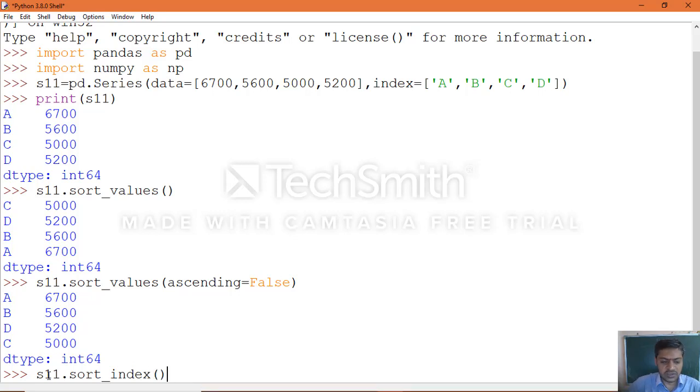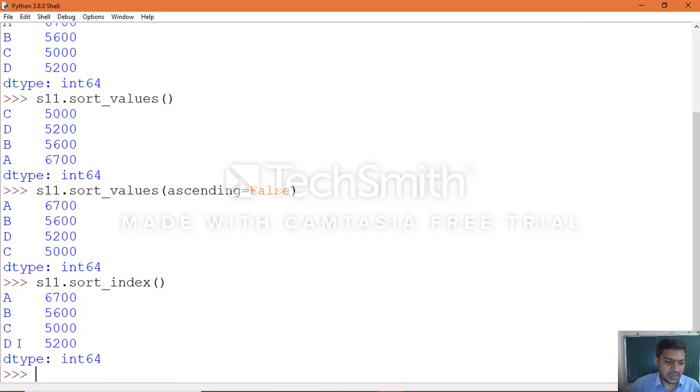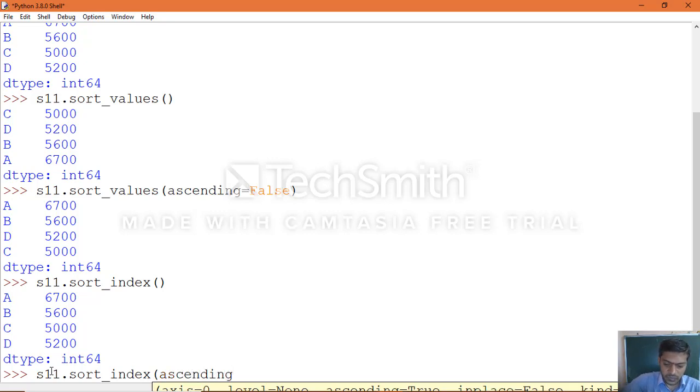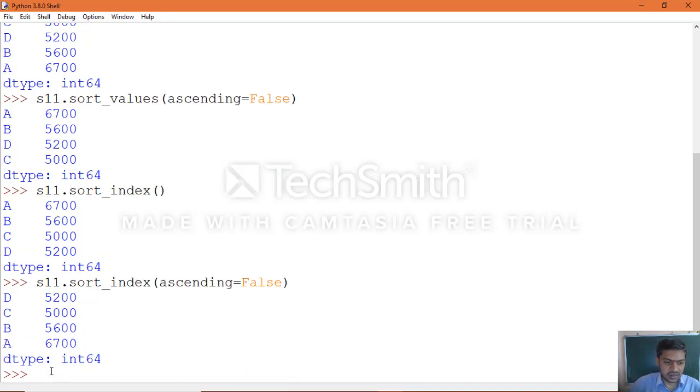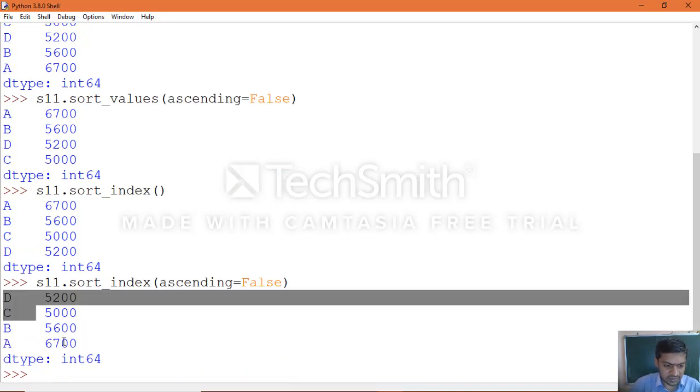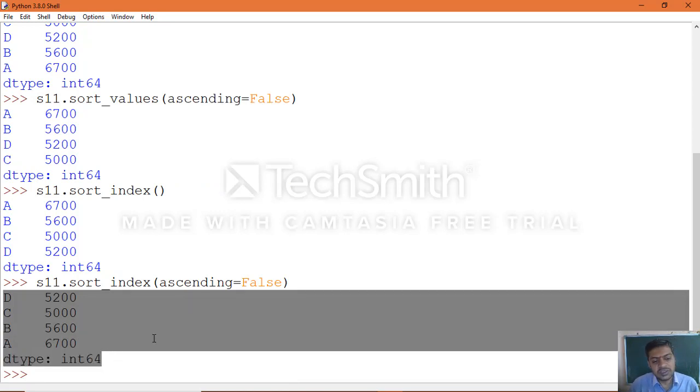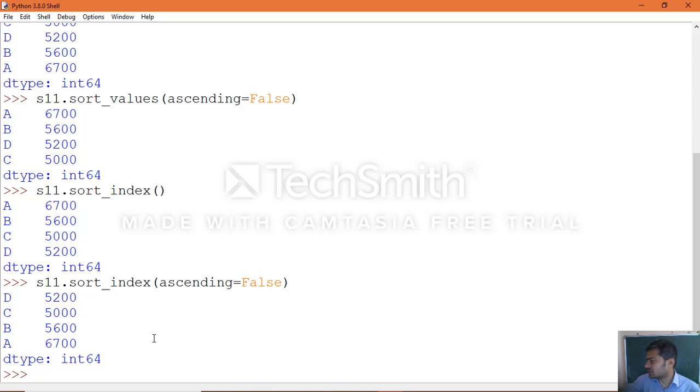By default it will sort in ascending order, which you can see as A B C D. If you want to display the data in descending order, use sort_index of ascending equal to False, then it will display descending order. You can see the descending order which displays the data. That is how you can sort the series object data.